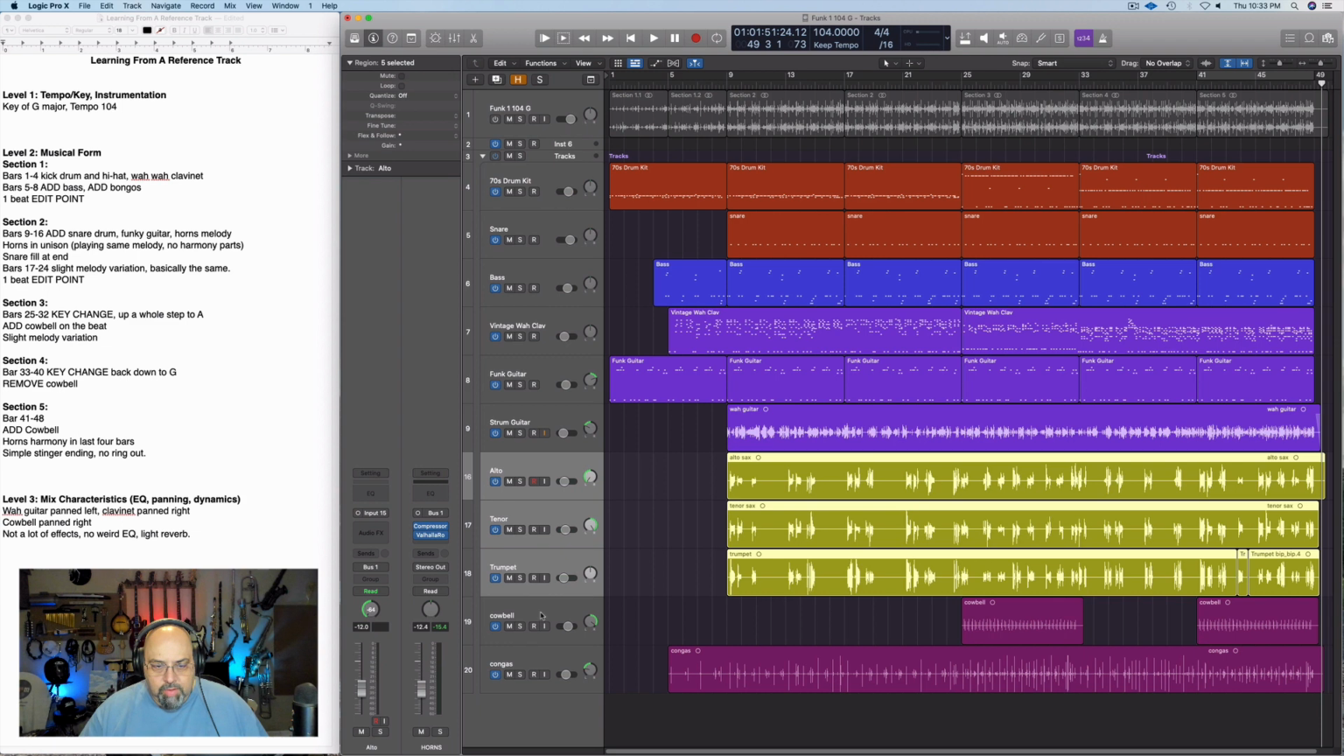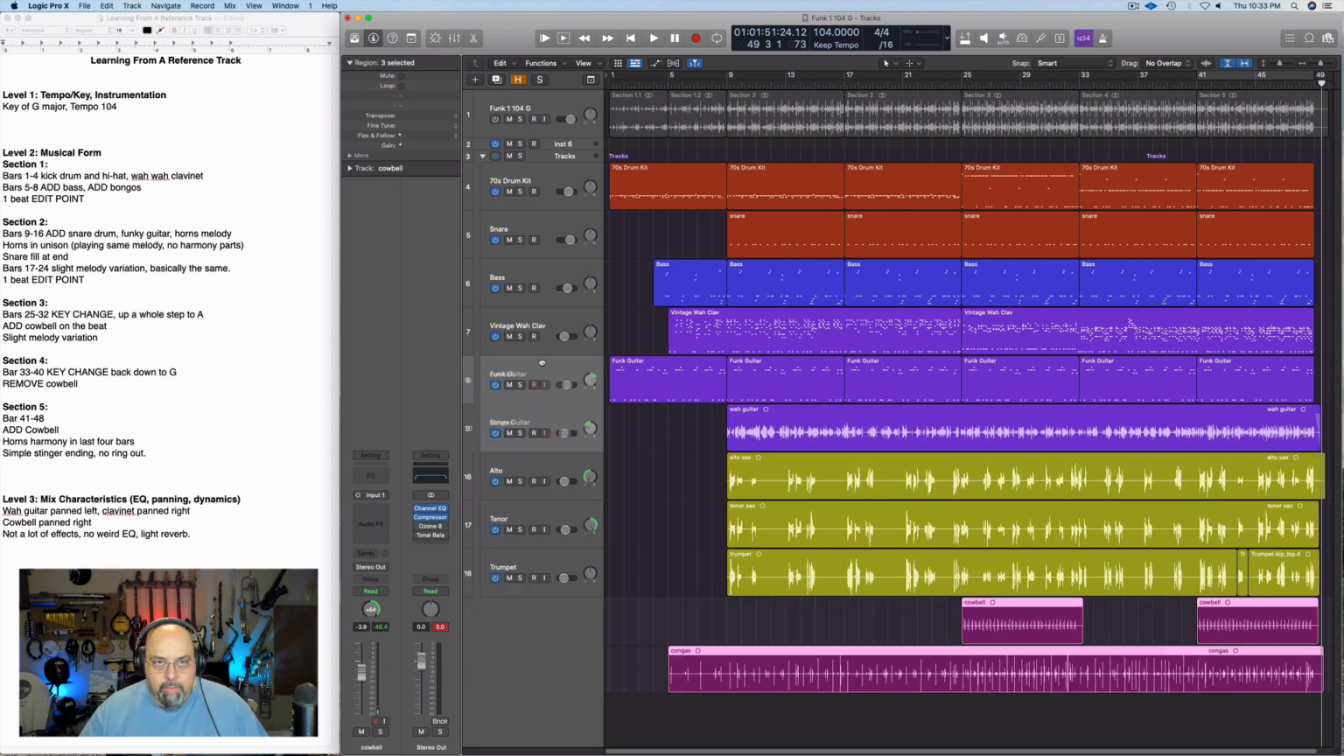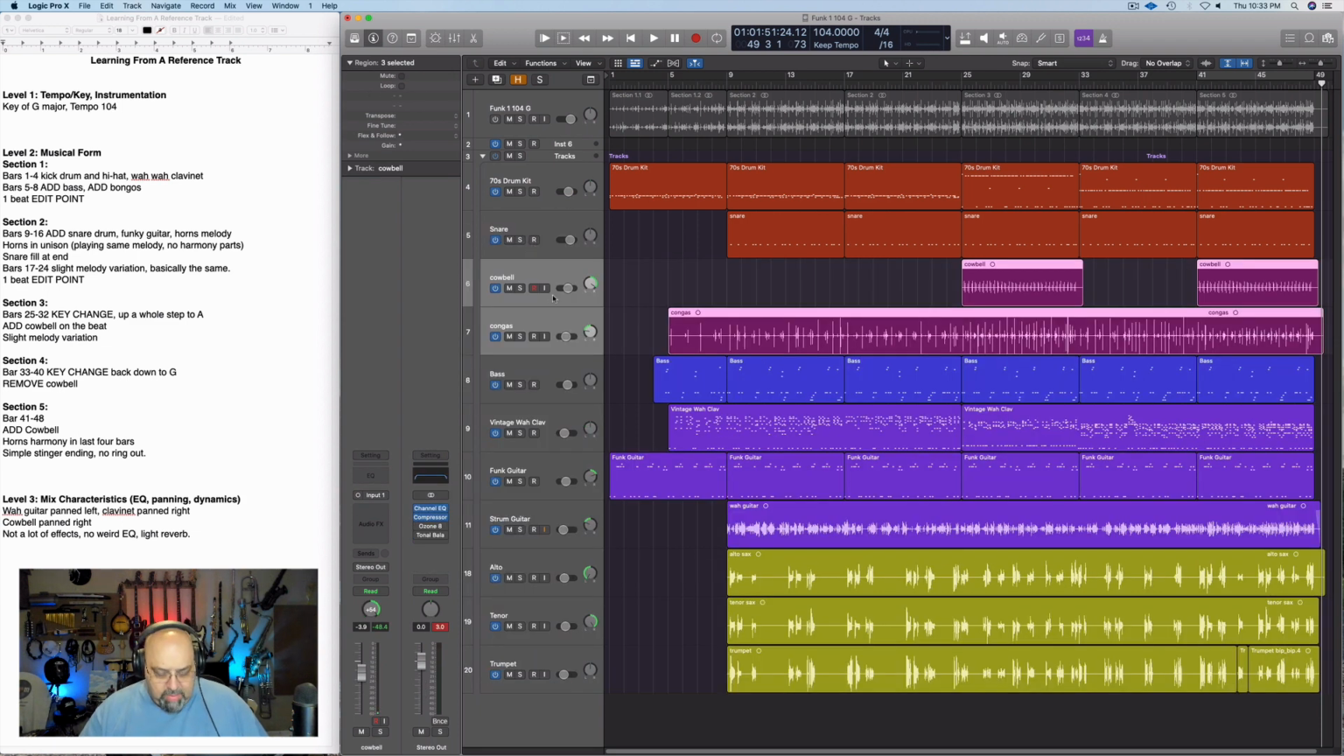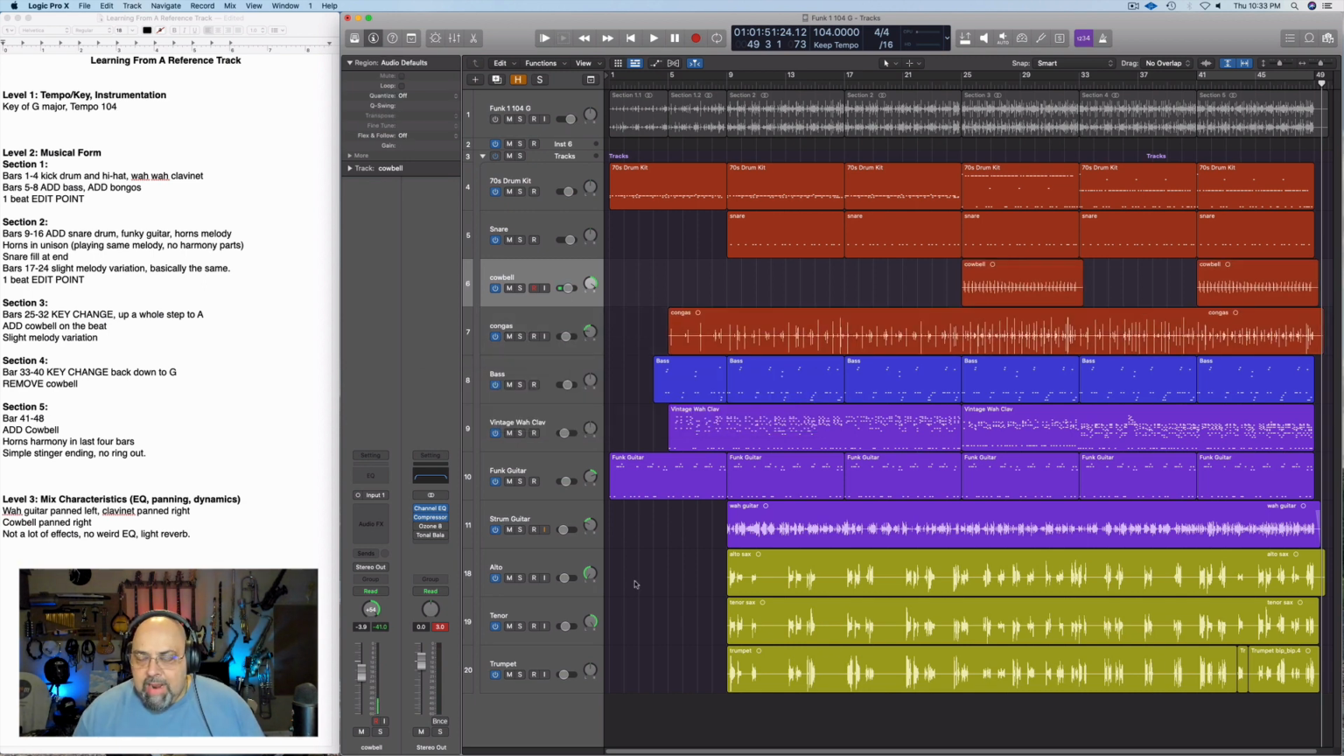And what's this down here? Cowbell. Okay, these are percussions. Let's bring them back up here. Let's make them both the same red. Okay, boom. See, so now I've got a more visual